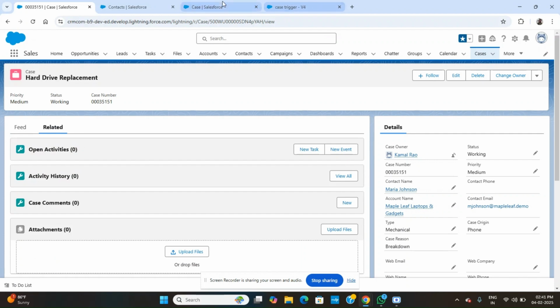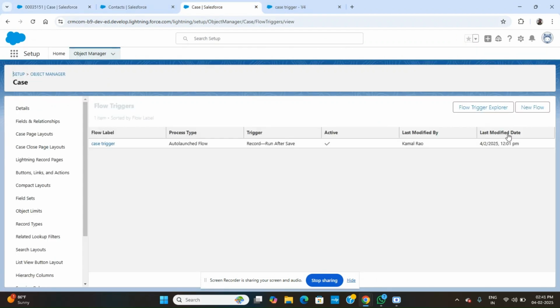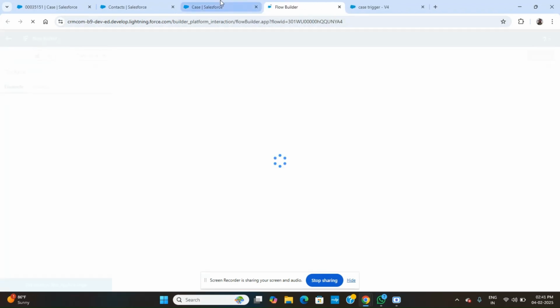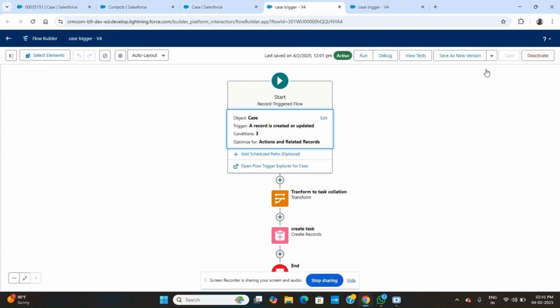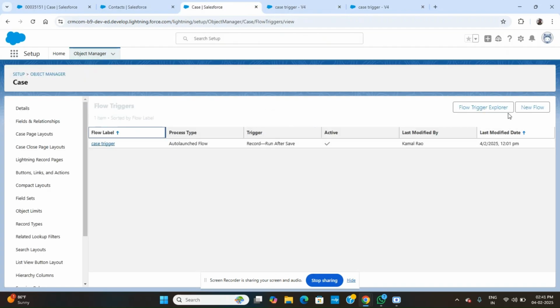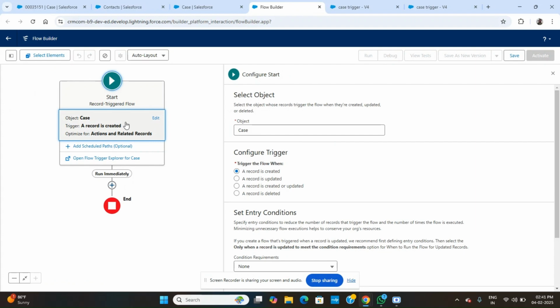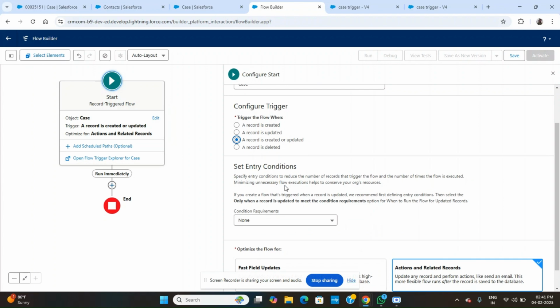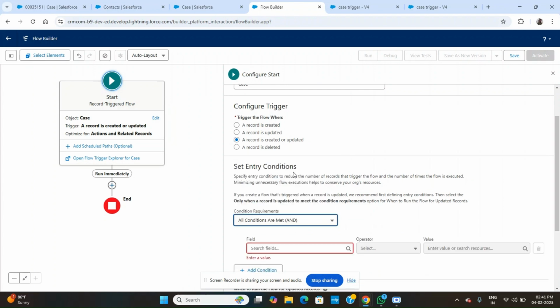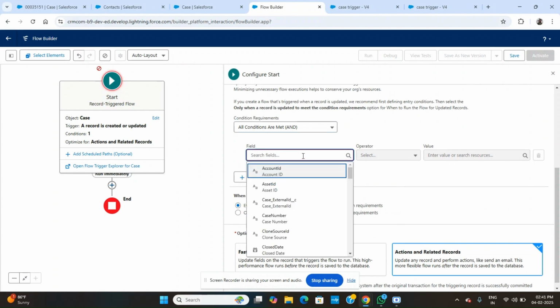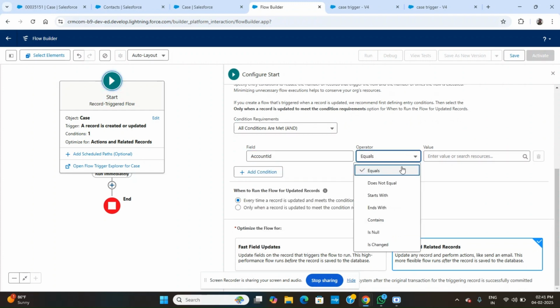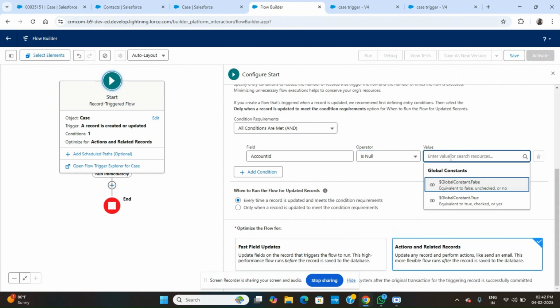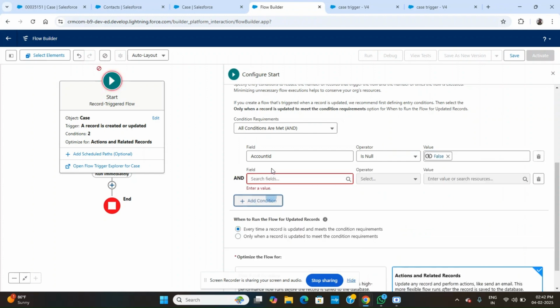So how will we do this in a trigger flow? I'll just deactivate this one. I have an older one, and I don't want to go with that. Okay, so how will we do it? First the object is case, and the case record is created or updated. There might be some conditions we will add, like account ID is null. I mean, there should be an account, right? So is null false, and then